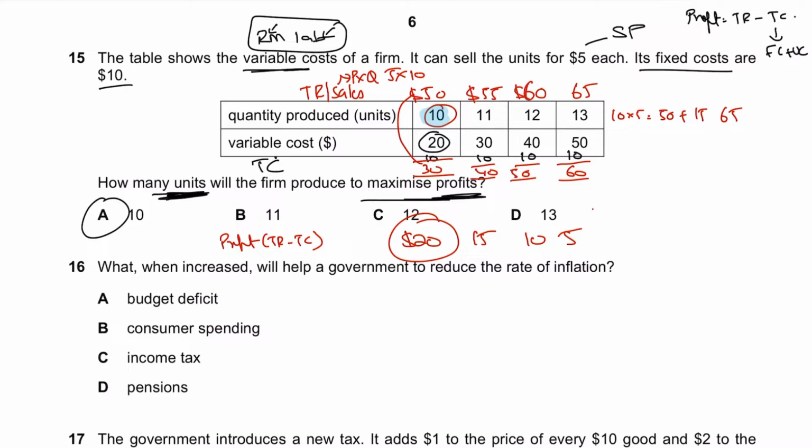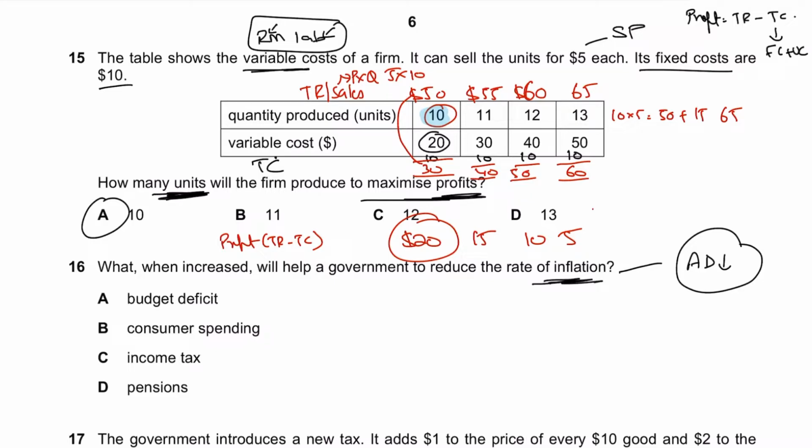What increase will help a government to reduce the rate of inflation? Inflation is an increase in the general level of prices, when things for an average consumer are becoming expensive. It is calculated using the consumer price index, where your cost of living starts to rise and your value of money starts to fall. So what increase will help the government to reduce the rate of inflation? So the government wants to actually reduce the inflation. If it wants to reduce the inflation, it has to reduce the aggregate demand in the economy, and that can be reduced through